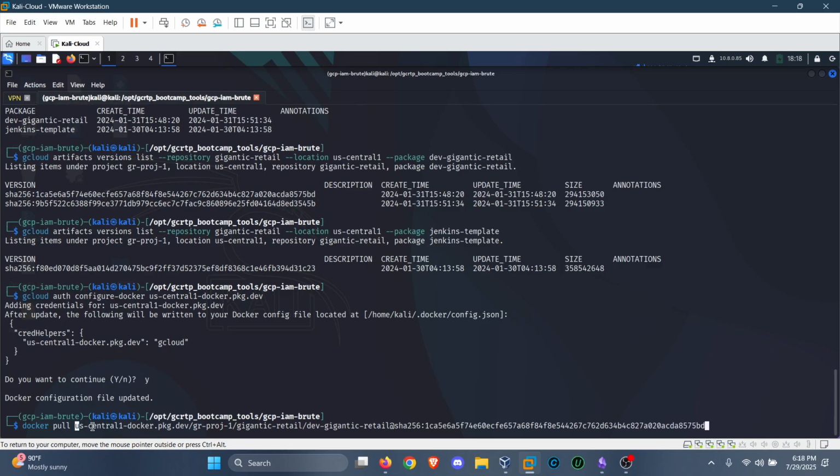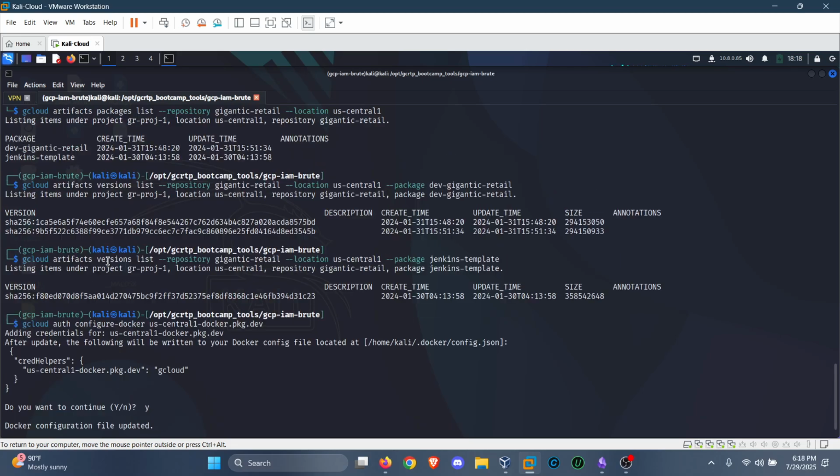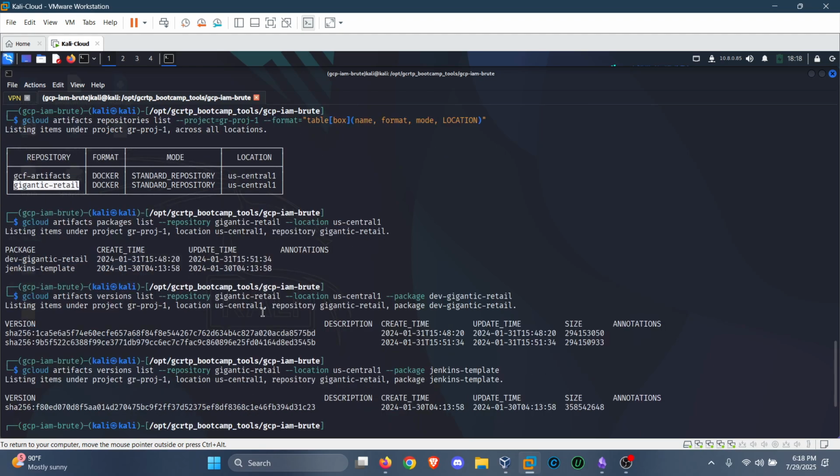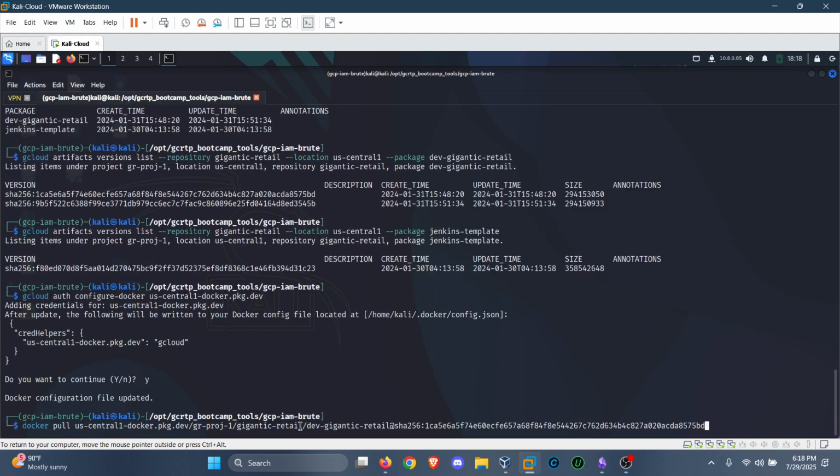So it's just the region. This is just Docker, emphasizing Docker, the project name, gigantic retail, which is over here, repository, gigantic retail. And then we have this over here, which is the package. And then we have